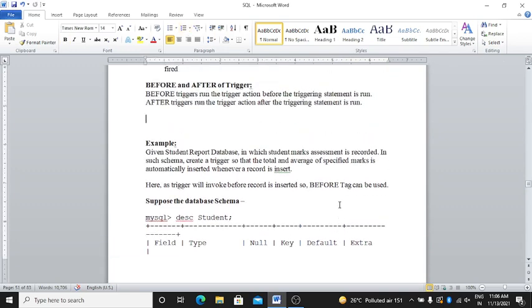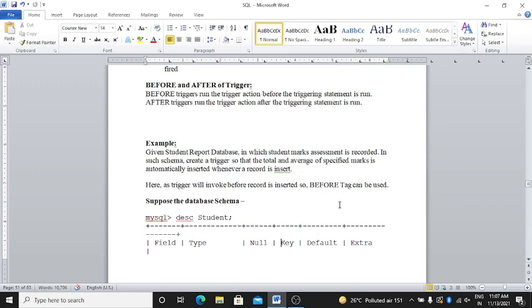Example: given a student report database in which the students' assessment marks are recorded, right? In each insert, create a trigger so that the total and average of the specified marks are automatically inserted whenever a record is inserted. Clear? Here the trigger will be invoked before the record is inserted, so the before tag can be used.